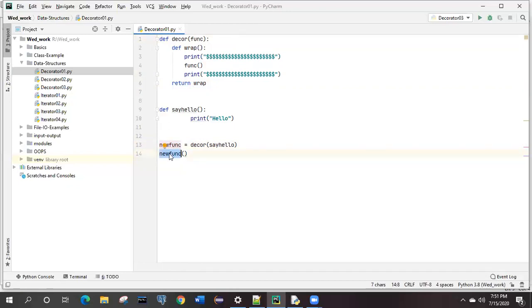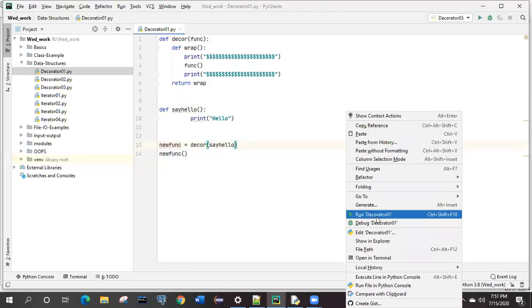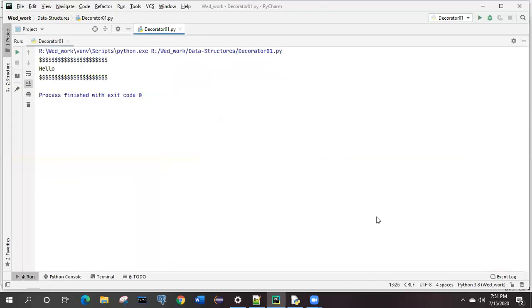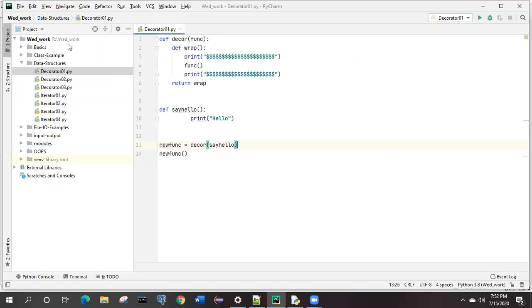This is not a class, this is a function only. So here we are not going to create an object to call the function. The return value we are getting, we are simply calling it. So if we run this one, what could be the output? Hello, correct? As expected, nothing more changes in this one. So this is how the wrapper is going to work.